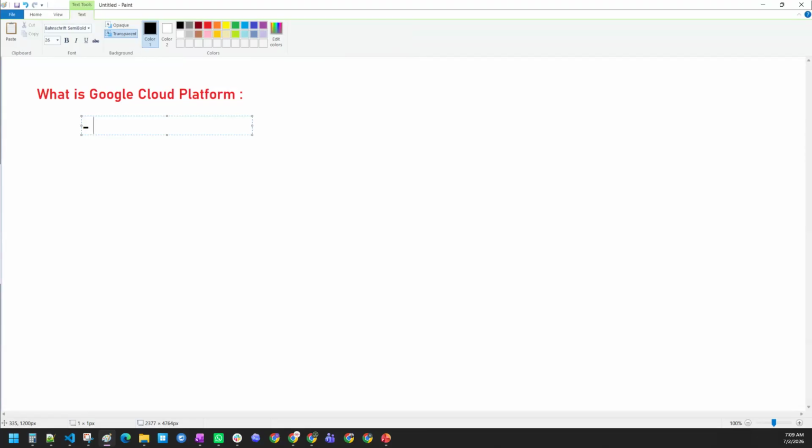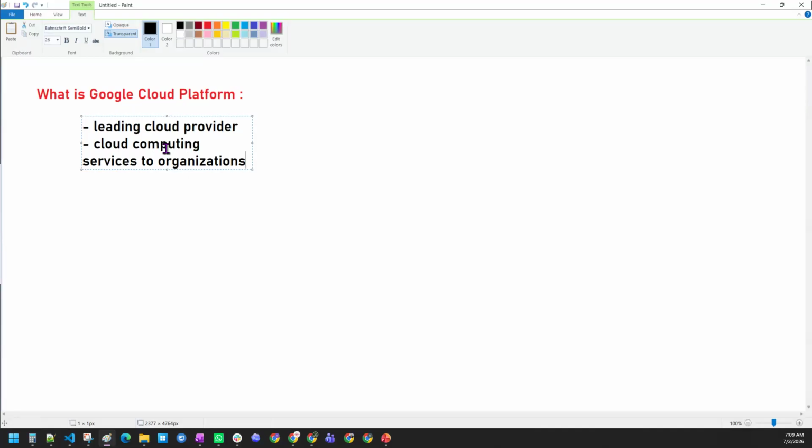Right, so Google Cloud Platform is one of the leading cloud providers. First thing, it is one of the leading cloud providers. If you look at the market, there are multiple leading cloud providers, AWS, Azure, and one more leading cloud provider is Google Cloud Platform. So GCP is one of the leading cloud providers which provides you the cloud computing services to organizations.